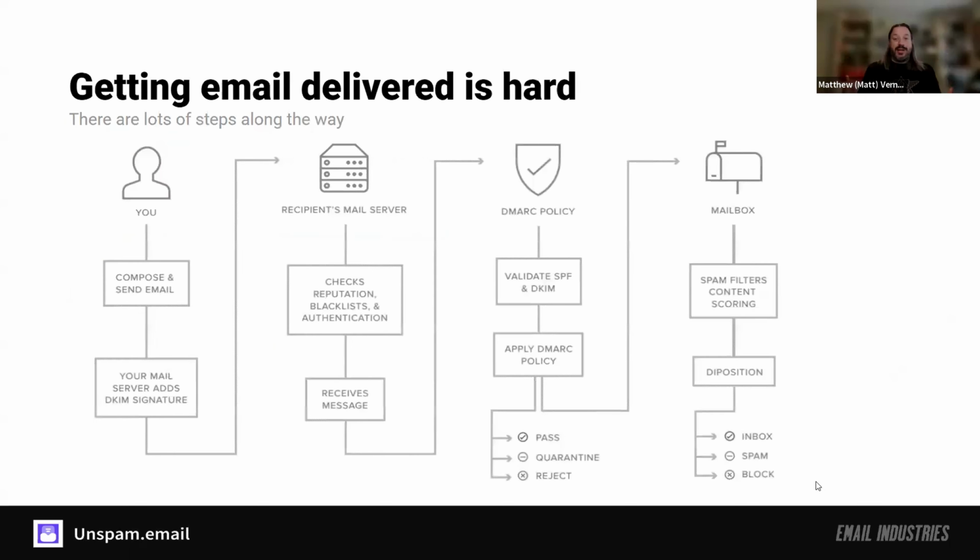So why is email hard, right? A lot of people think push a button, an email goes from my desktop to the recipient's desktop, and you don't necessarily think about all the steps in between. There are really a lot of steps in between, and this is even a simplified document describing that workflow compared to the actual steps, right?